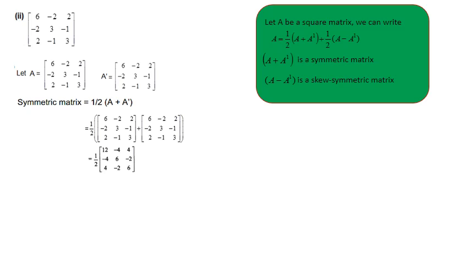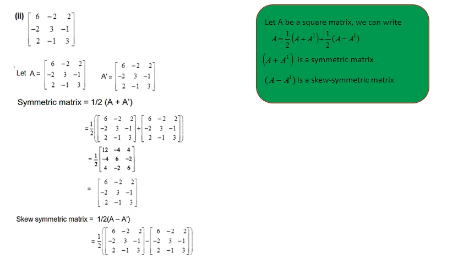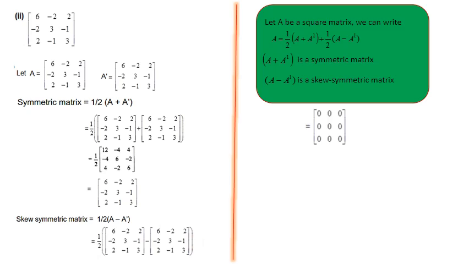Likewise, you have to add all the terms and just multiply 1 by 2 inside, and the final answer you will get is 6, minus 2, 2; minus 2, 3, minus 1; 2, minus 1, 3. So we have to move on to the next part, that is skew symmetric. For that, we have to calculate 1 by 2 into A minus A transpose. Just substitute 1 by 2 into A and A transpose, subtract the corresponding terms, and you will get a